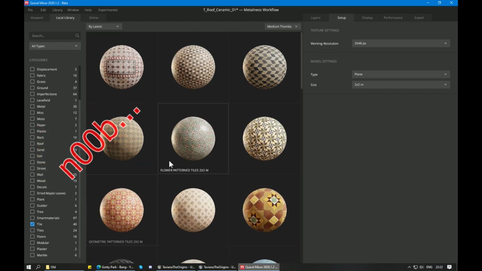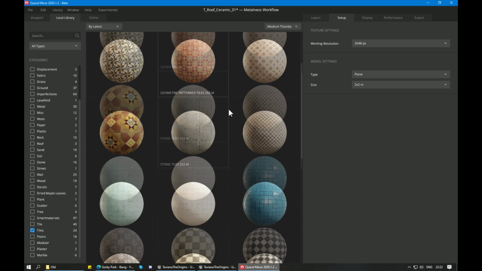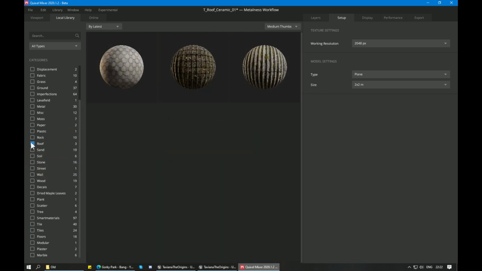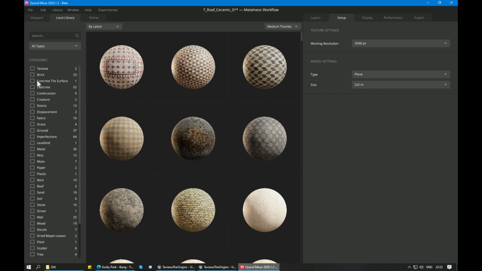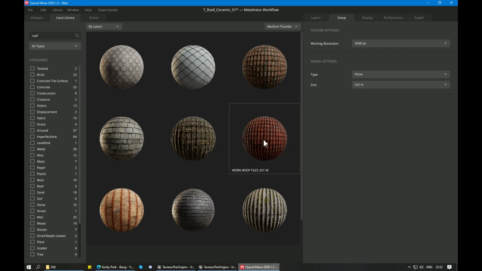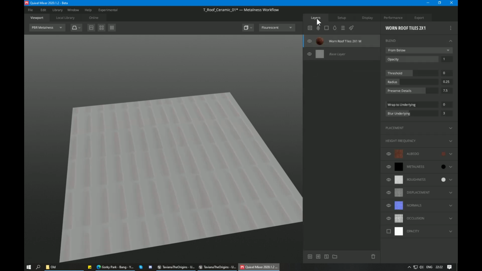Maybe tile? Nope. Where did I save them? Tiles? Nope. What about roof? Nope. That's interesting. Let's try searching. Oh, there we go. These are the tiles that I like. So we click them, we place them into the file,